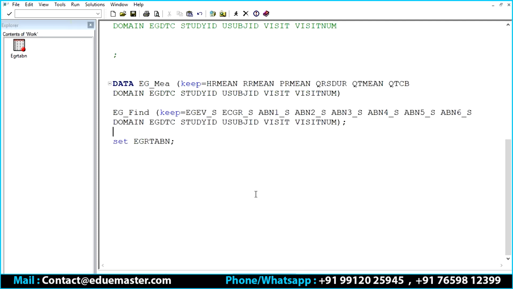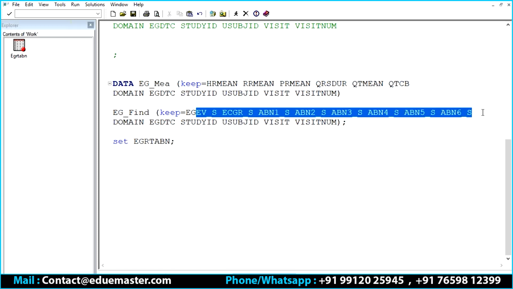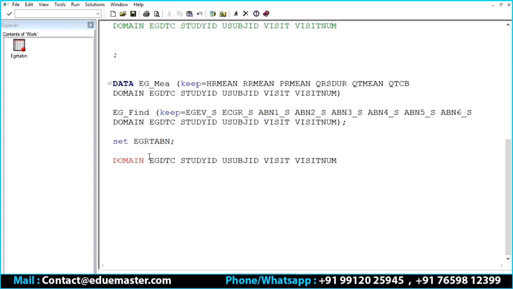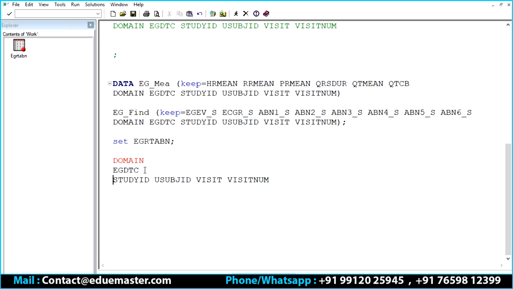Now, what are the common ones? See, these variables we can't create, because these belong purely to the measurement category and these belong purely to the finding category. But here these are the common variables, so let us create the common variables so that we can reduce our work. Visit number. So domain equals to